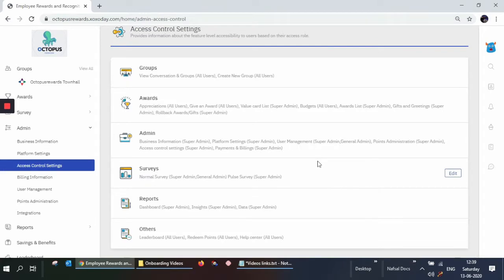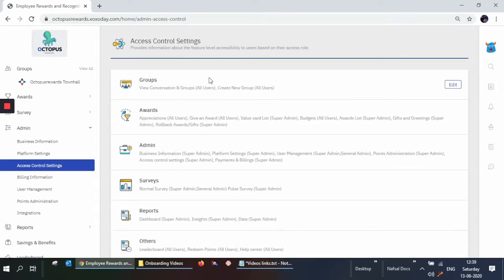I would recommend you go through these features as part of your platform setup. Click on the edit button against the respective features and see if you want only the super admins to control these setups, or if you want to delegate some of these tasks to general admins, managers or users. You can choose the settings here.